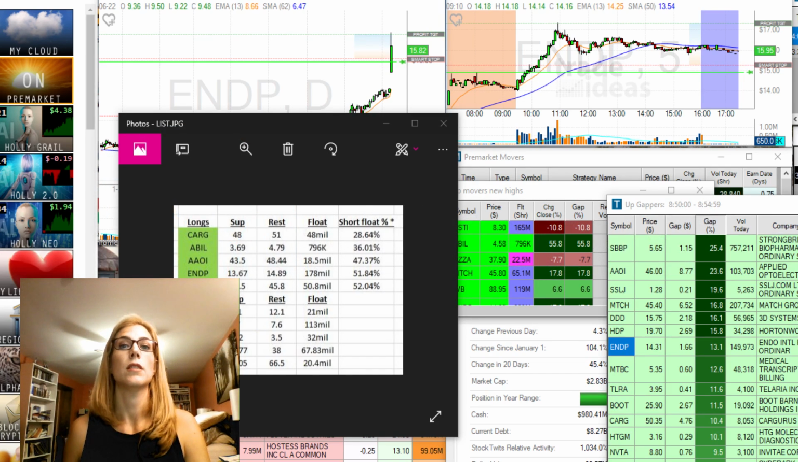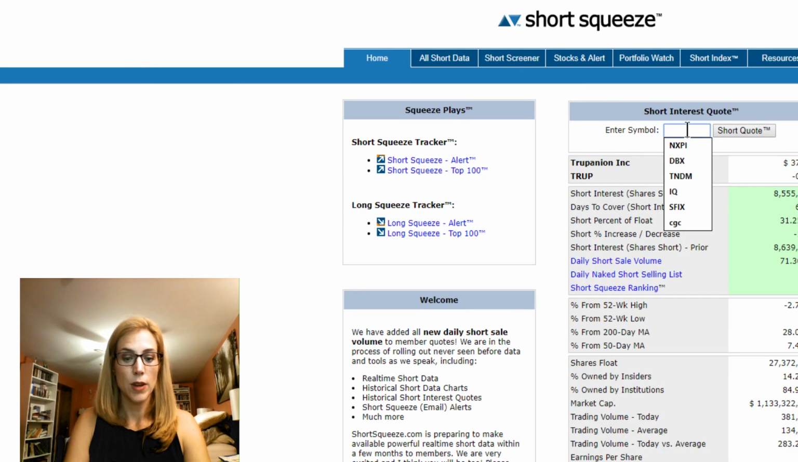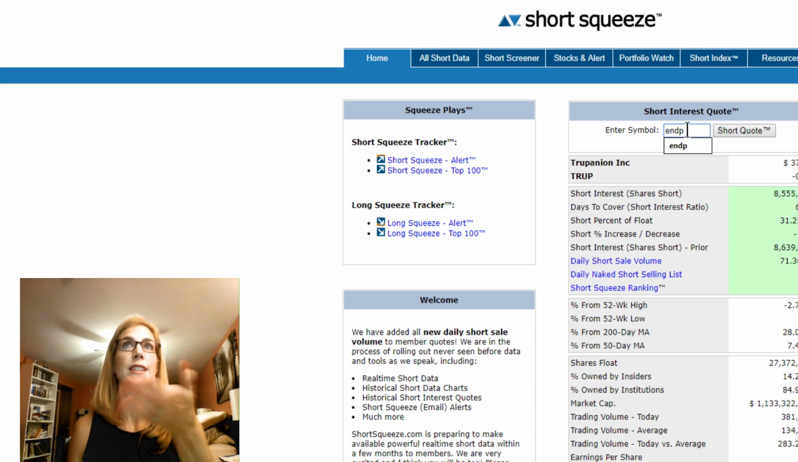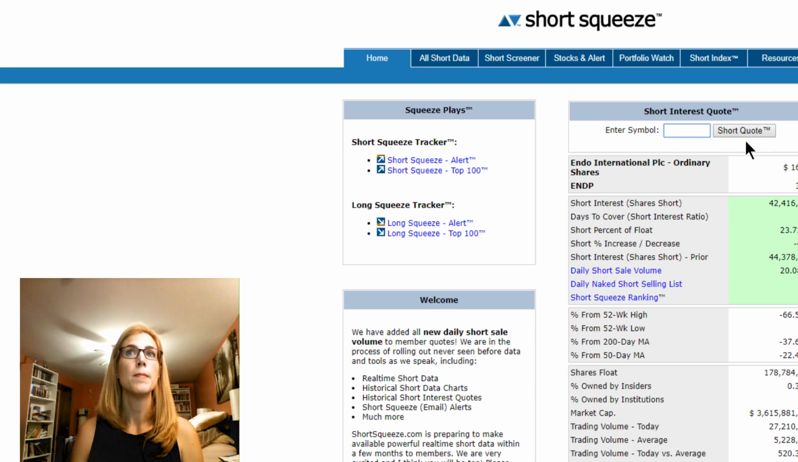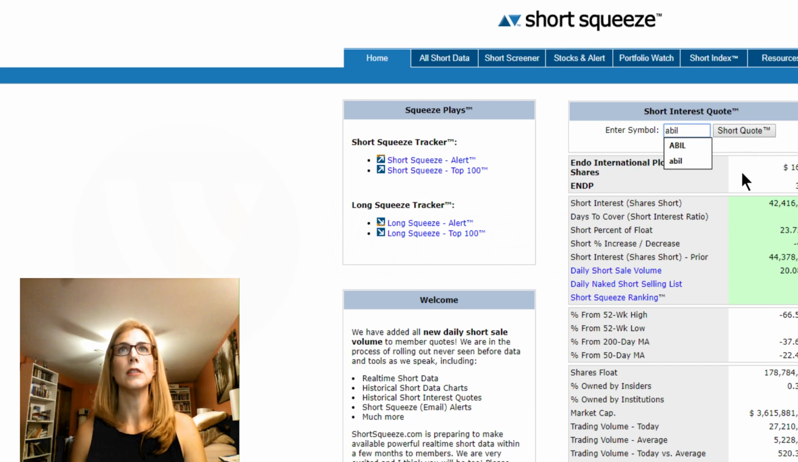So we can also see, like someone had mentioned ABIL, so we will look at that. So ENDP, for example, today's short float volume that was reported to the exchanges was 20% of the volume today. If anybody was short ABIL or long,